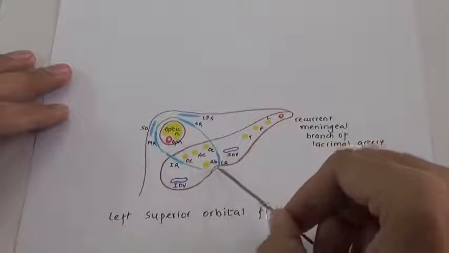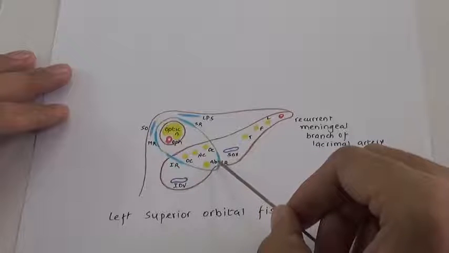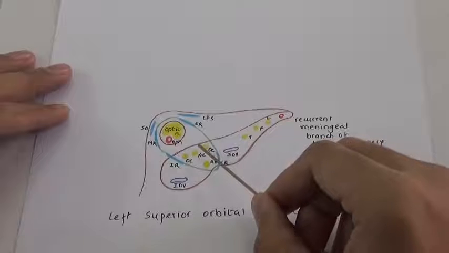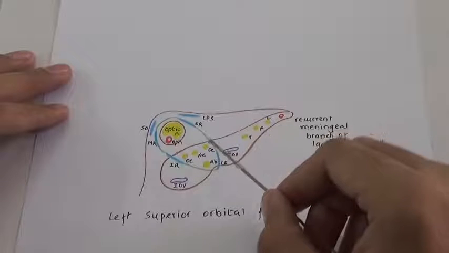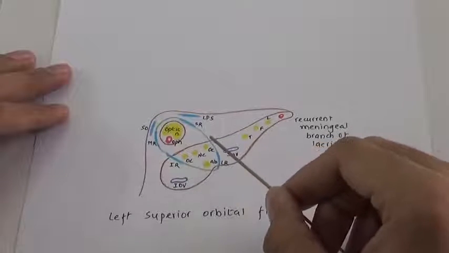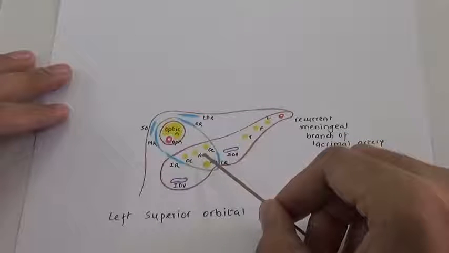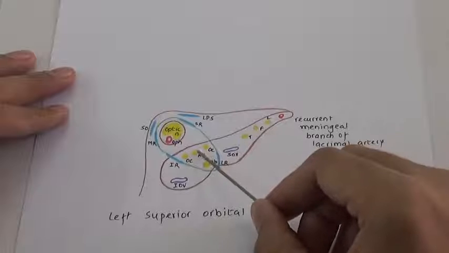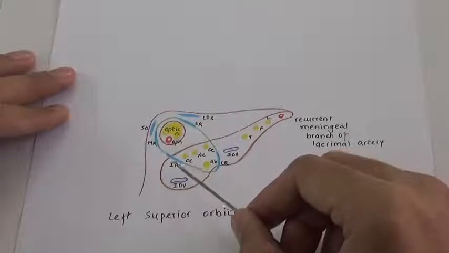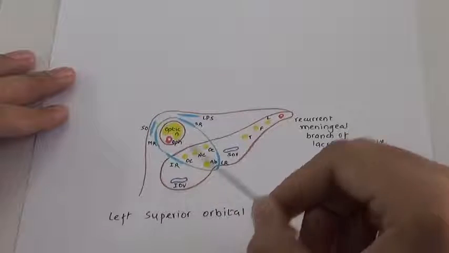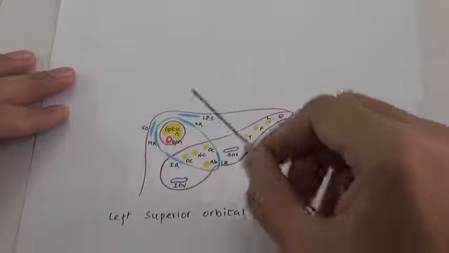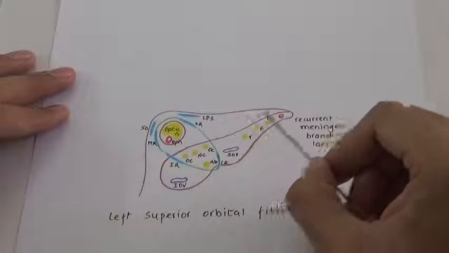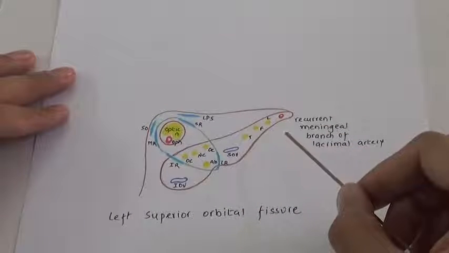Now in the intermediate compartment, mainly the four nerves are passing: upper and lower division of oculomotor nerve, and in between these two there lies nasociliary nerve and abducent nerve. Now nasociliary is again a branch of ophthalmic division of trigeminal nerve. So mainly three branches are given from ophthalmic division of trigeminal nerve: lacrimal, frontal and nasociliary. Now the medialmost compartment will allow passage of inferior ophthalmic vein. This tendinous ring of Zinn itself will provide attachment to four recti: superior, inferior, medial and lateral. So this is how this superior orbital fissure is oriented.